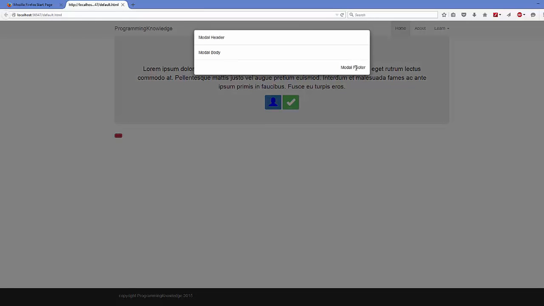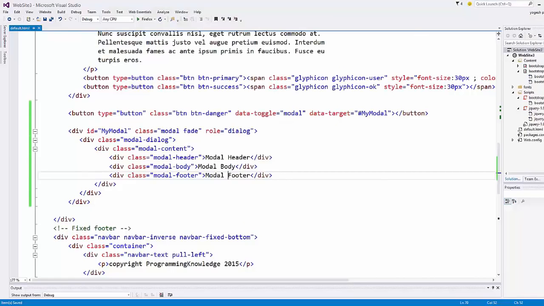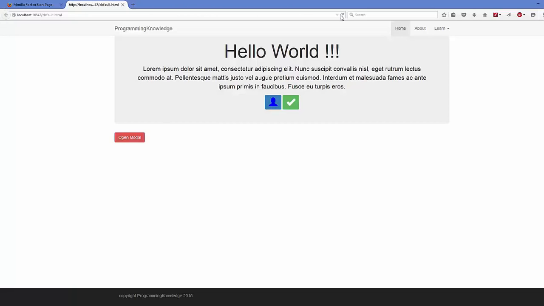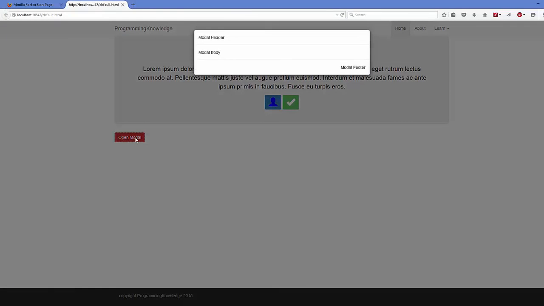This button we haven't included anything as a text, so let's add some text to it. So this button is open modal. Okay, save it. Once again we are going to refresh our page and just click open modal,